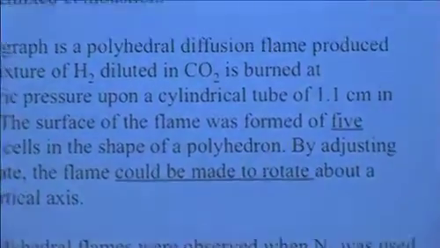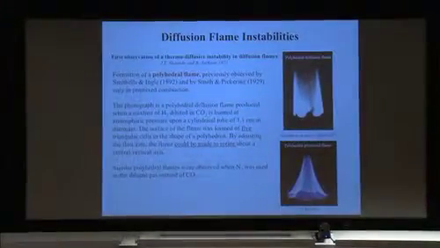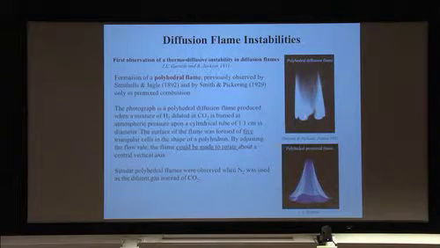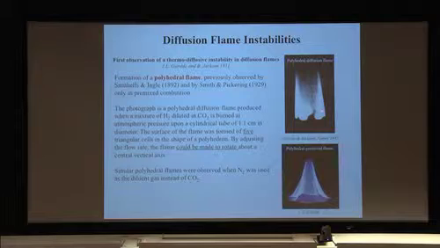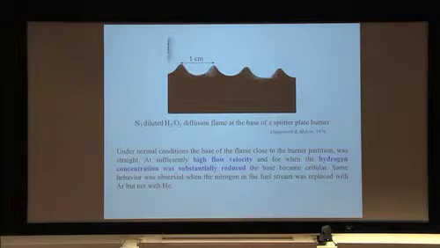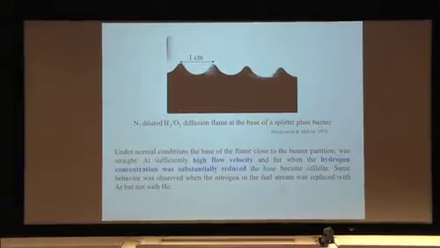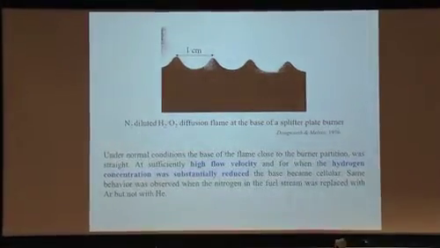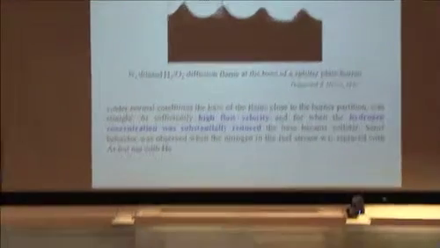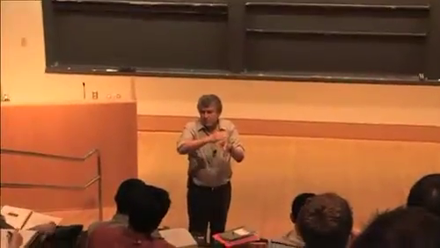So first I want to describe the thermodiffusive effect in diffusion flames. They have been observed in various situations. For example, this is a diffusion polyhedral flame, as this is a premixed polyhedral flame, but I don't want to discuss those. Let me go through this one, which is simpler. That's the base of a diffusion flame that was observed when a diffusion flame was created by a splitter plate burner. So you have a splitter plate, fuel coming from one side, oxidizer from the other, and the base usually will be simply smooth and flat, and the flame will develop